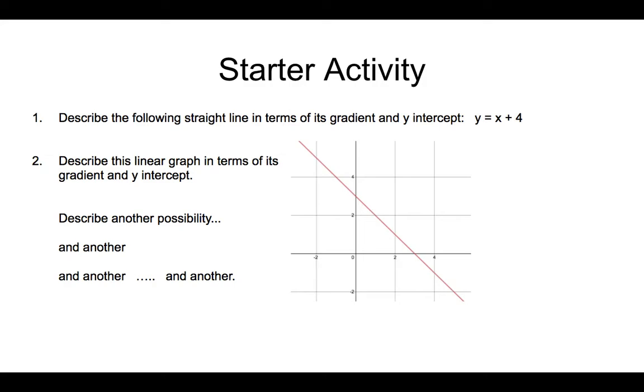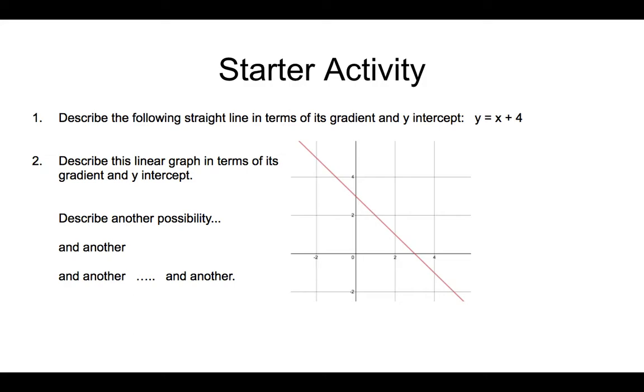Now, I've been very particular on the language there. The gradient. I've chosen y equals x plus 4, particularly because there's a misconception with that x on its own having a gradient of 0. You should know that the coefficient of x, the number that multiplies the x, is the gradient, and something multiplied by 1 is still the same thing. So y equals 1x plus 4. If you wrote the 1 in there, you would probably write down gradient 1, y-intercept 4 without even thinking, but the fact that it's not there makes people think that it's 0. Now question 2,